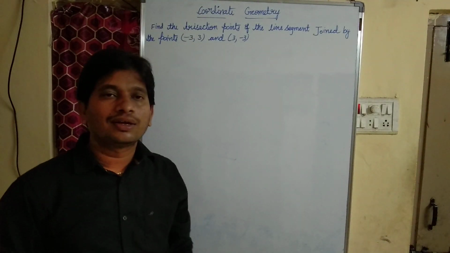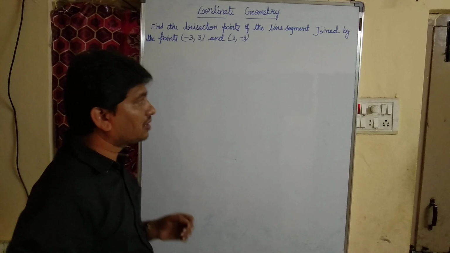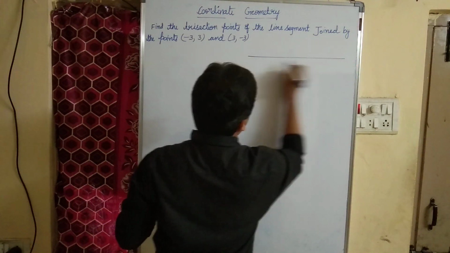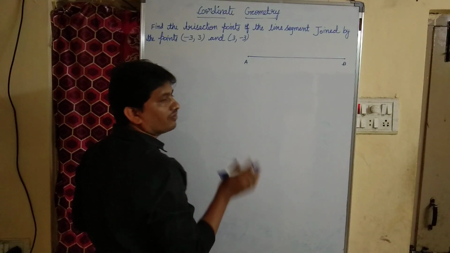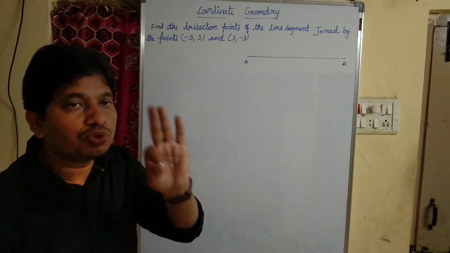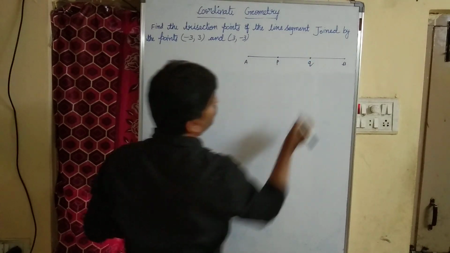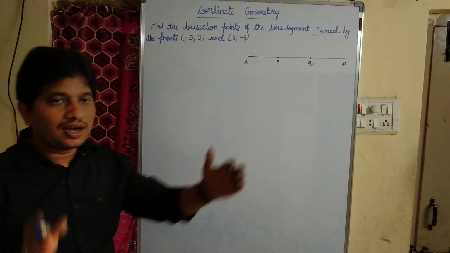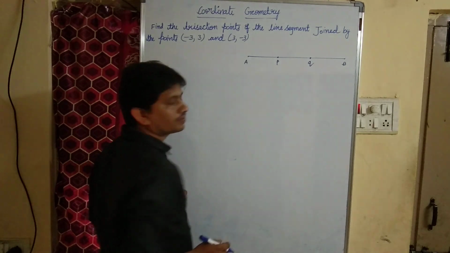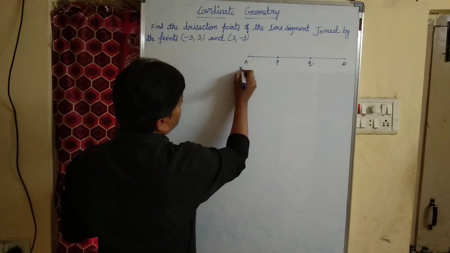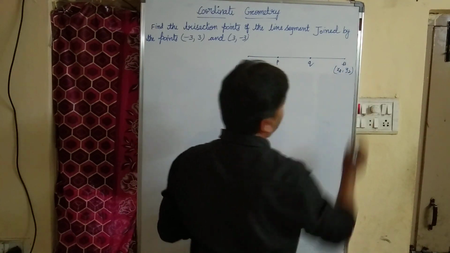What do you mean by tri? Tricolors, I mean 3 colors. In the similar manner, trisection means the points. For example, this is the line segment AB. The points which divide the given line segment AB into 3 equal parts. Suppose this is the point P and this is the point Q. They are dividing line segment AB into 3 equal parts. This is one part, this is one part and this is one part. If you consider the vertices of A are x1, y1 and vertices of B are x2, y2.